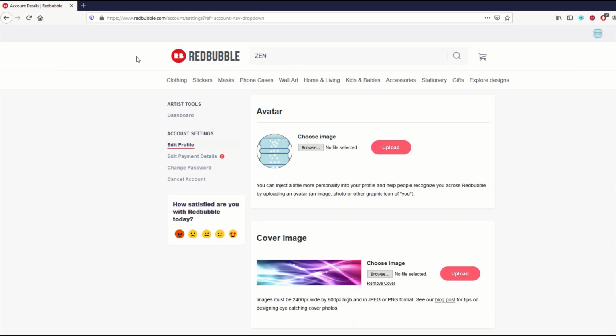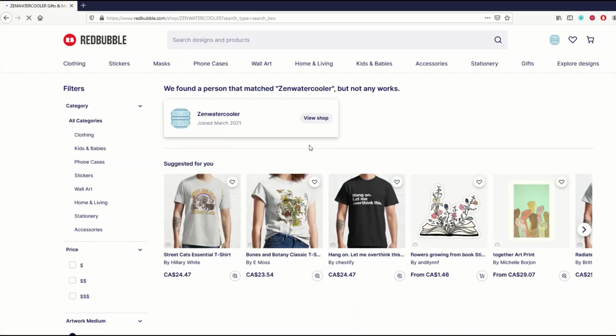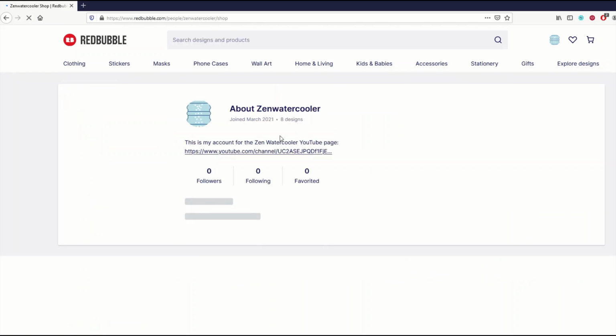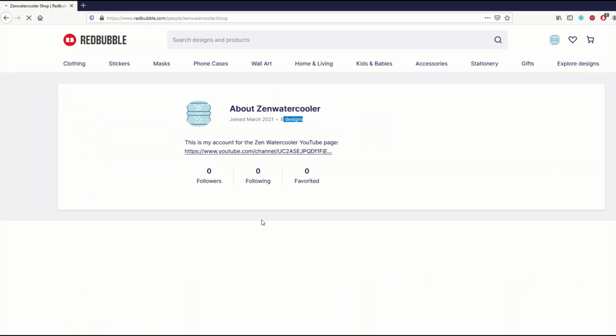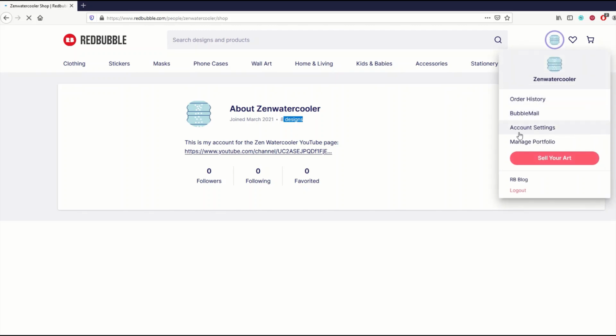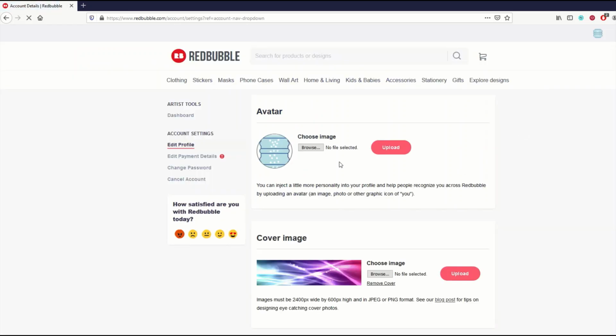I'm actually going to search for my name of my store. So I've got, as you saw in my portfolio, here I've got my shop. It says 8 designs, but I can't see any of them. And the reason for that is because I don't have my store activated. So make sure if you're new that you go into account settings and go into this where this little exclamation mark is